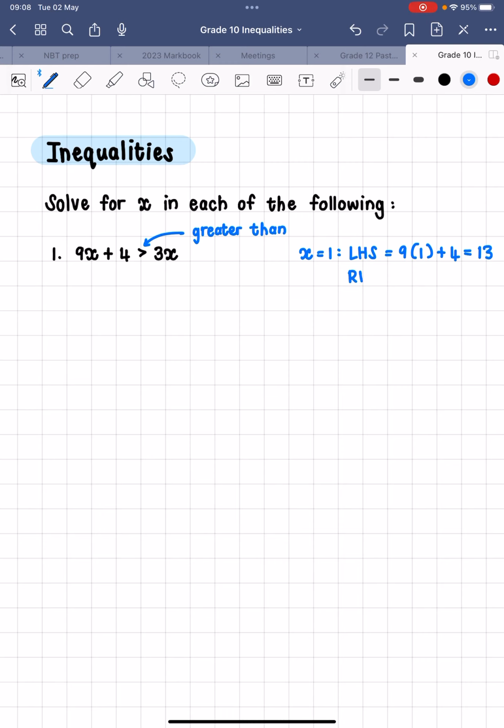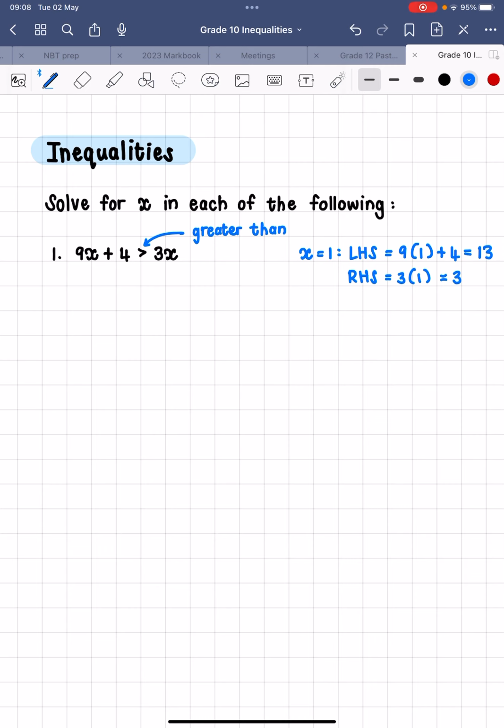If I say RHS, 3 times 1, right, 3x would be 3. Guys, do we all agree that 13 is in fact greater than, bigger than 3? Right? So x equals 1 would be a possible solution. But guys, x equals 2 would also work. Okay? X equals 3 would also work. So there are going to be multiple x values that will give us a left-hand side that is bigger than the right-hand side. Now, we're not going to test a whole bunch of values, okay, because that's going to take